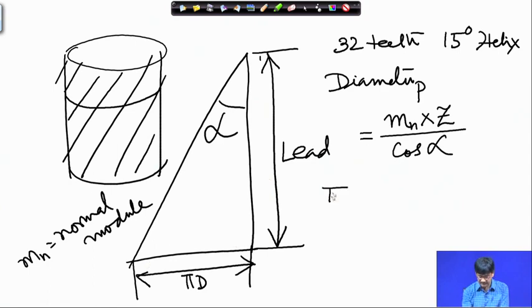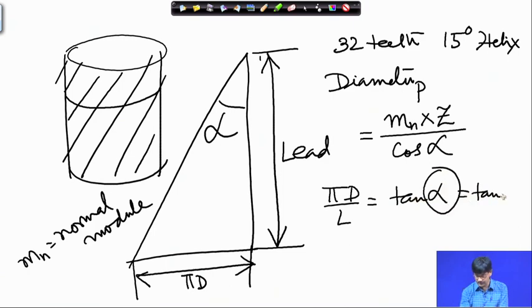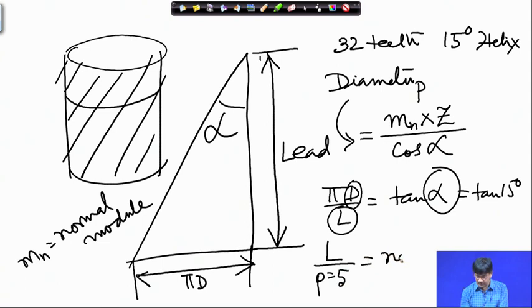pi d by L is equal to tan alpha. So, we know alpha, so we can put it here, tan 15 degrees, and d has been calculated just now. And therefore, you can easily find out L. Once you find out L, you can divide this by pitch equal to 5 millimeters to find out the number of rotations of